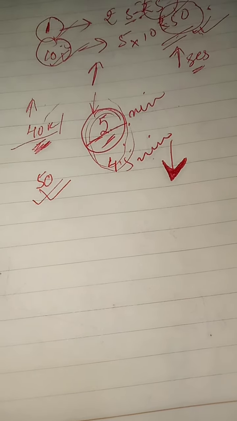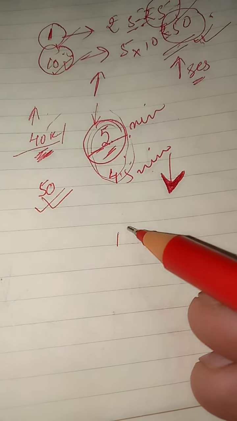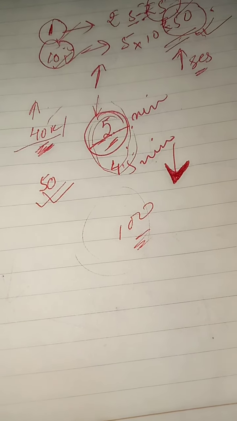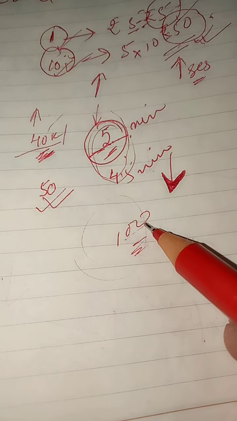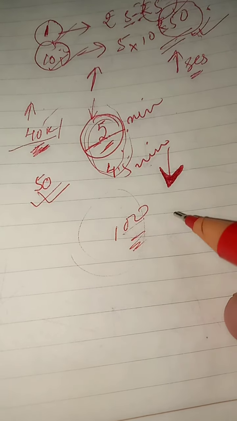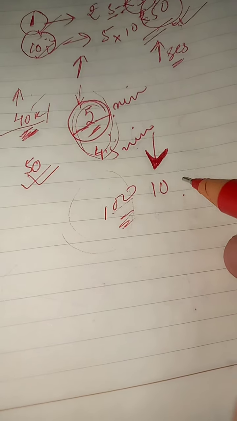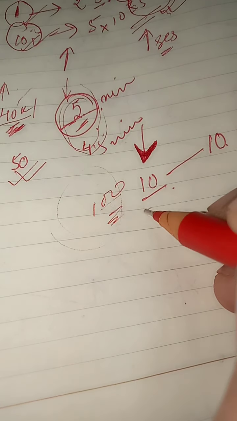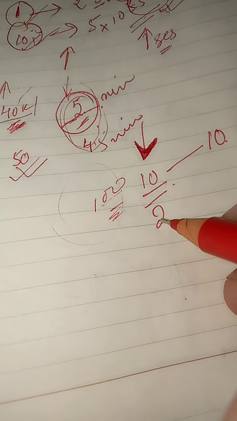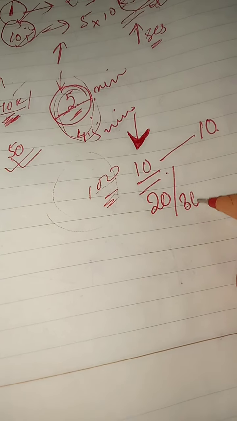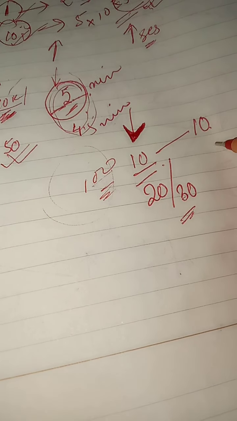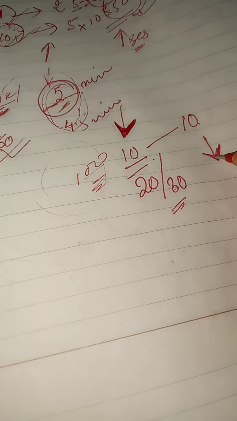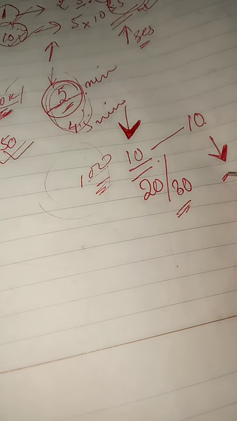Or if you have 100 sums in a book, in a particular chapter, that will be better. So if you have 100 sums in a particular chapter and you are doing 10 sums each day, you will complete that chapter in 10 days. If you double this, make it 20 or increase it to 30 sums, then obviously the number of days that you will take to complete this chapter will be less.